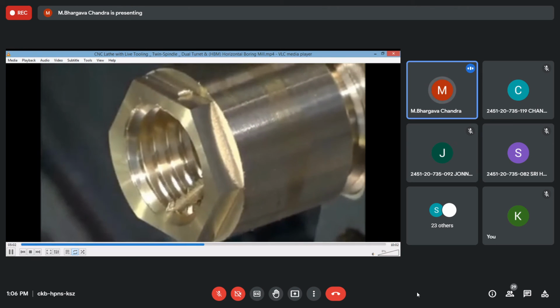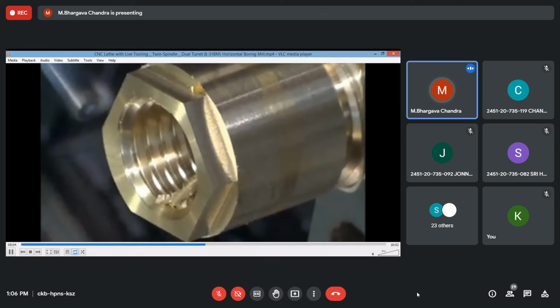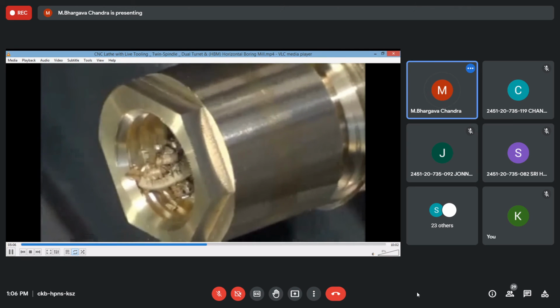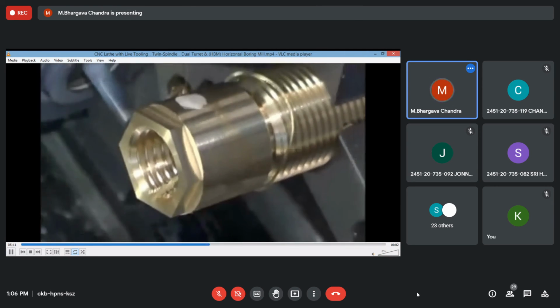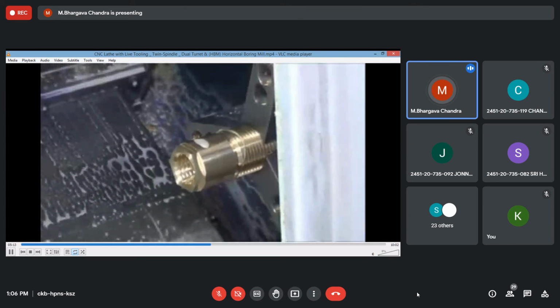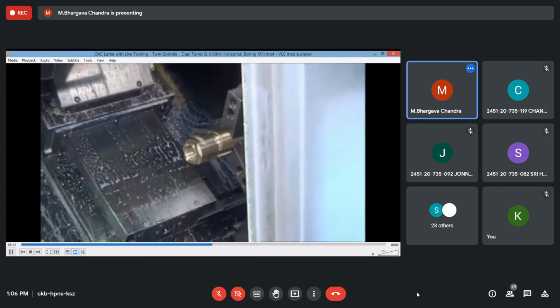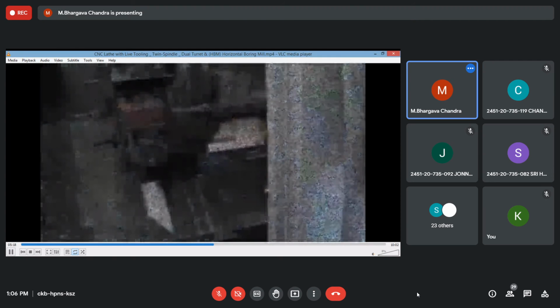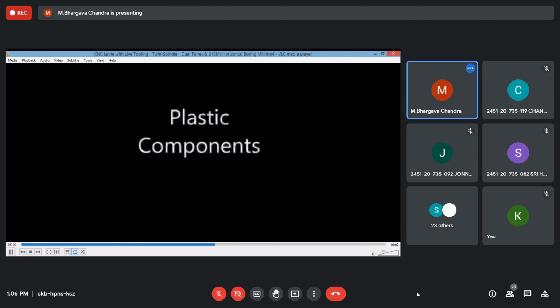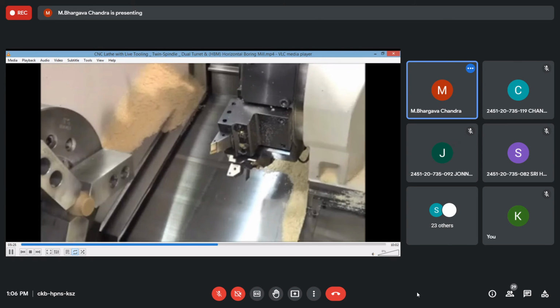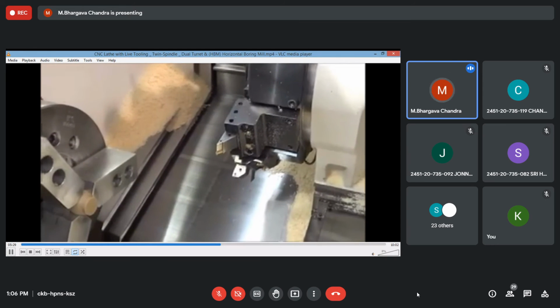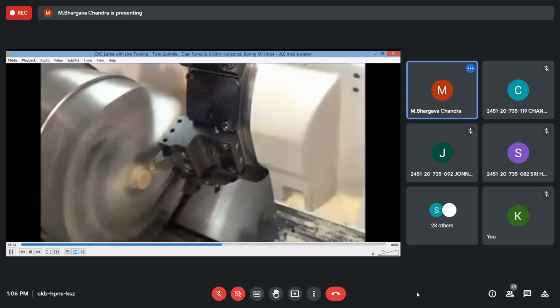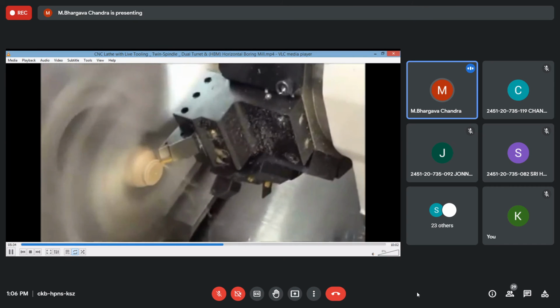Whereas all operations, not only lathe operations but milling operations and grinding operations, can all be performed in a CNC machine. So this is a substitute for multiple machines. All types of materials can be machined. Plastic and wooden components can also be machined here in the CNC lathe machine. You can see one sample.